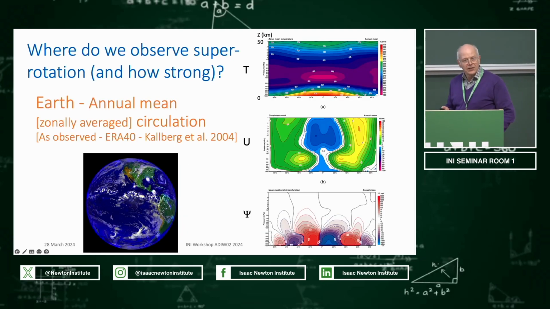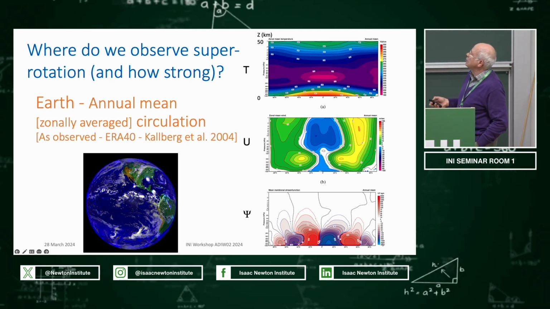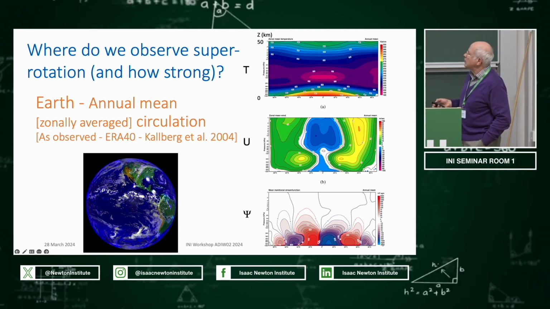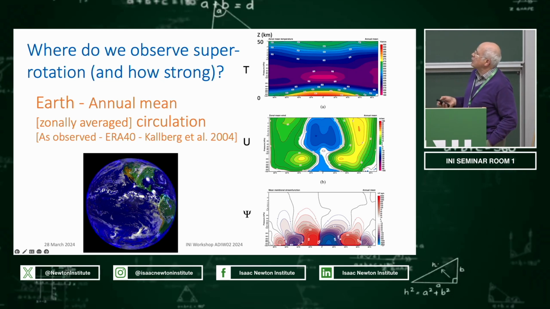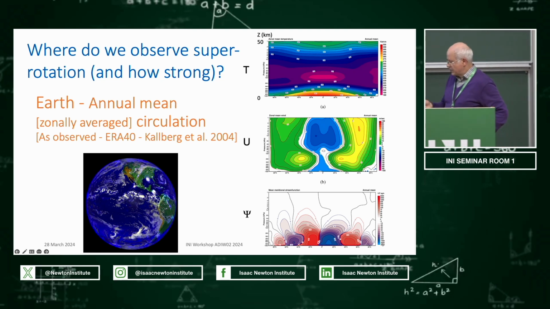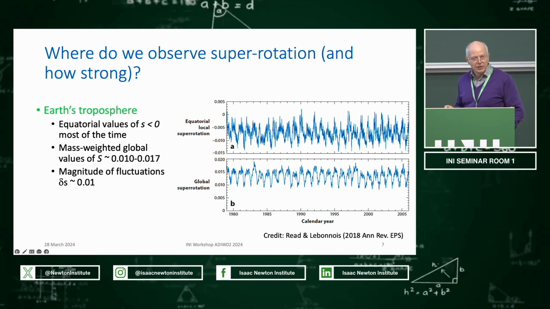So where do we observe this kind of phenomenon? Starting close to home, we can look at the Earth. These are actual fields, showing latitude and height, up to an altitude of about 50 kilometers in this case, from reanalysis of observations. This shows the temperature structure of the atmosphere, the east-west zonal wind over this range, averaged over a typical year. And this shows the stream function for the meridional overturning circulation. So we can see the basic structures here. And from the U field here, we can derive the total axial angular momentum of the atmosphere and plot time series of these quantities